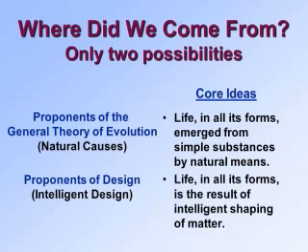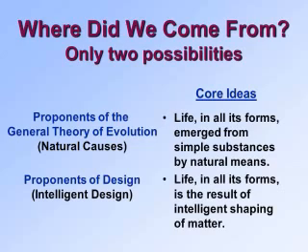There are only two. You either came about by natural causes without any intelligent design needed at all, or there was intelligent design required somewhere in the process. If you have another answer to that question, I'd be happy to hear it. I've been doing this for 50 years. I've never had anybody give me another answer. That doesn't mean there isn't one, but I don't know of another answer. So this resolves itself really into a simple question. Which of those is the most reasonable answer to this question?